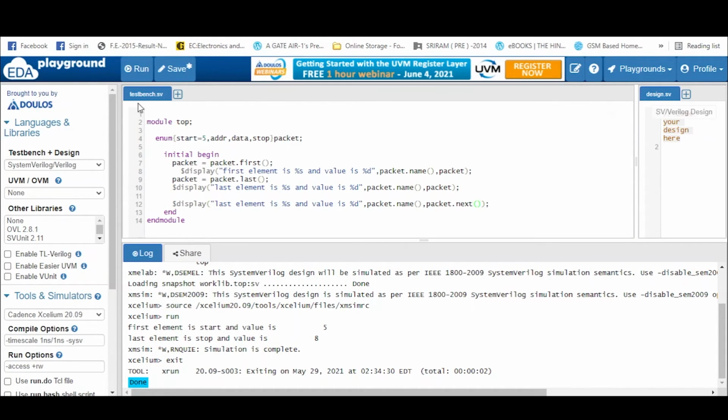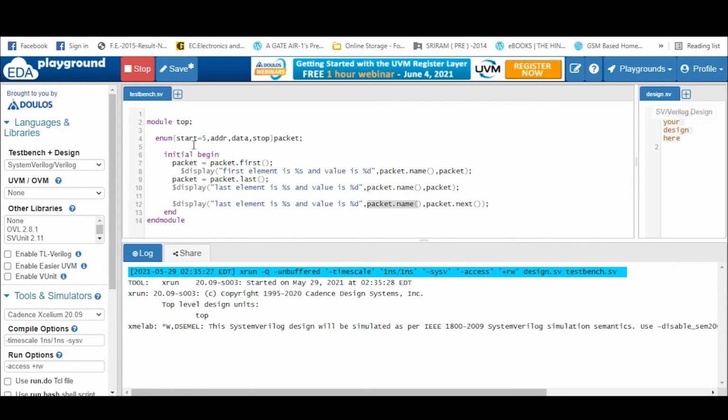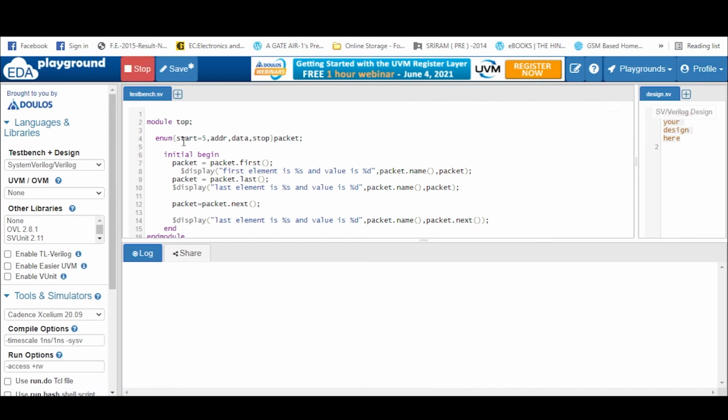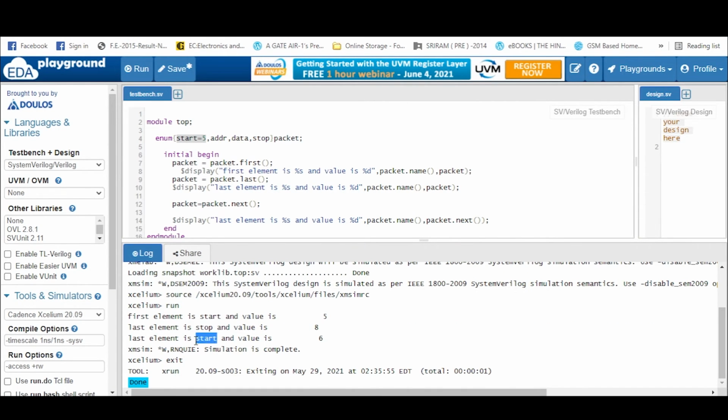That's an issue, I guess. So the name, packet.name, what name we should get is start, but that won't be seen. See here the name we are getting is stop, but the value which we are getting is 5. So for that you have to assign it like this: packet equal to packet.next. Now you will see it is declared as start.